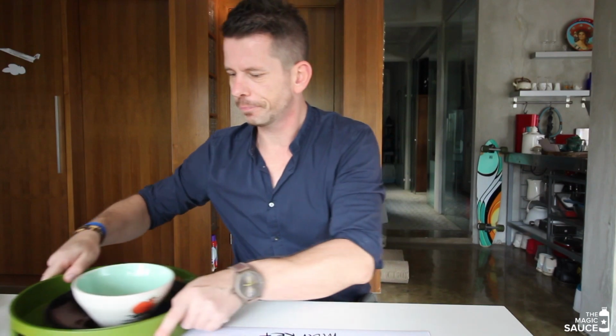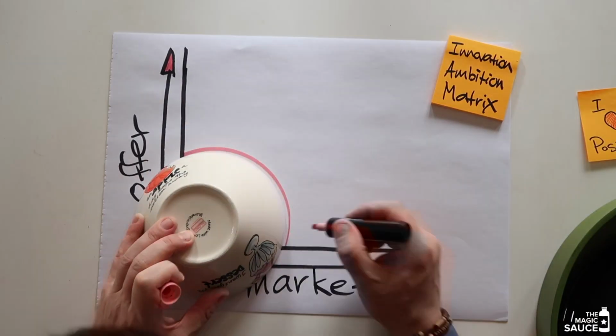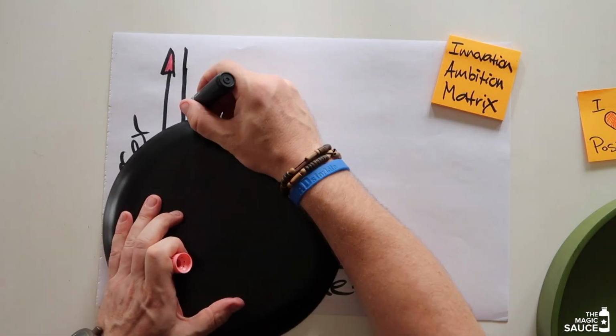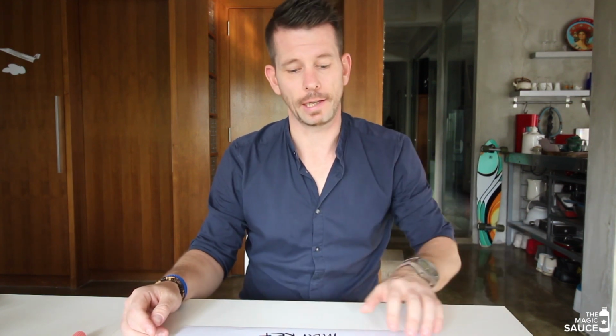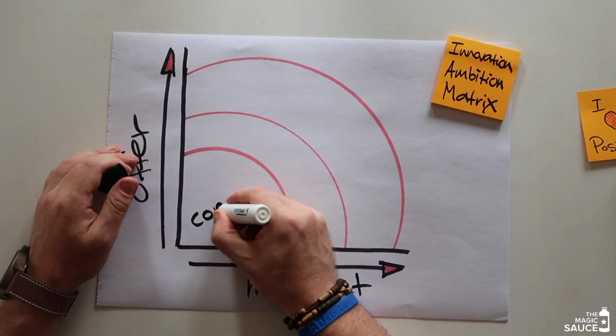Fast forward a couple of years and the Harvard Business School came up with the Innovation Ambition Matrix based on the Ansoff Matrix, and it looked a bit like this. That matrix still held on to some of the basic principles that the Ansoff Matrix had as well. Offer, market. So in this first part is what they called core. In other words, the same kind of offering to the same kind of people, to the same kind of markets.